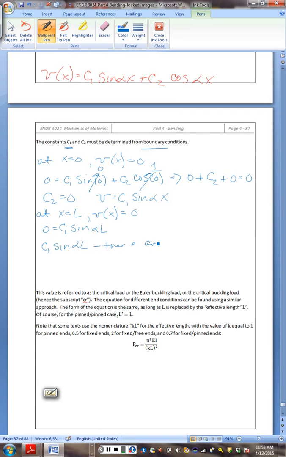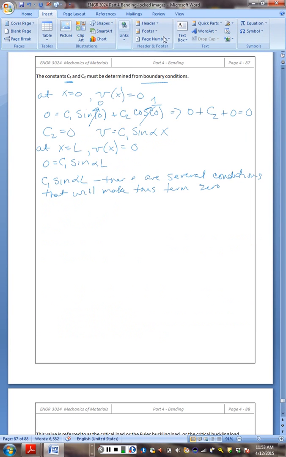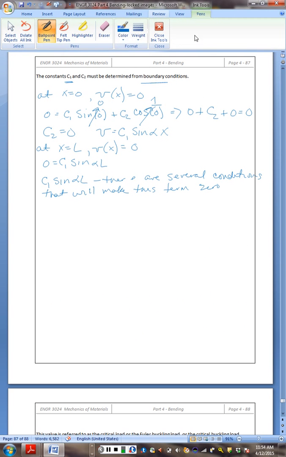There are several conditions that will make this term 0. So some of the ways, or the 3 ways to make this 0, C1 sine of alpha L